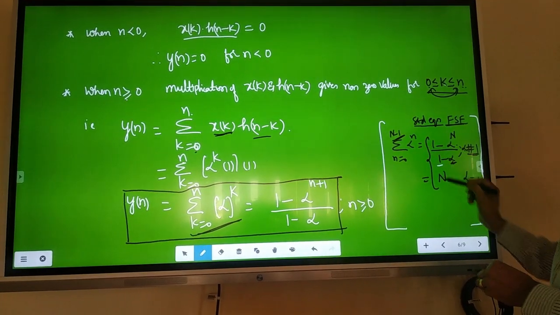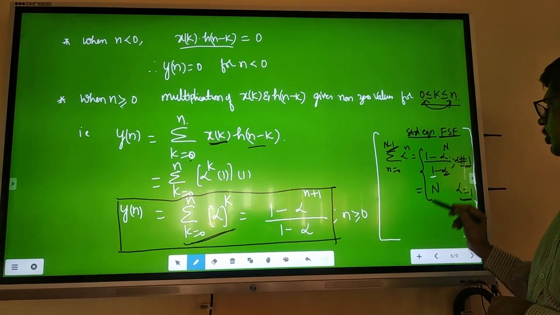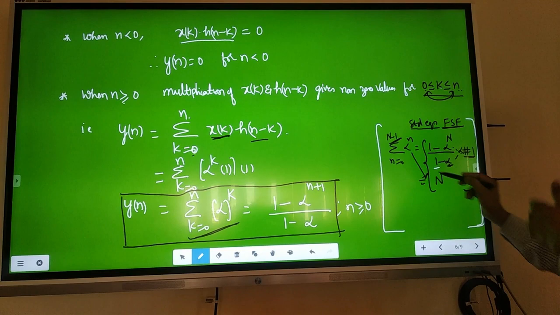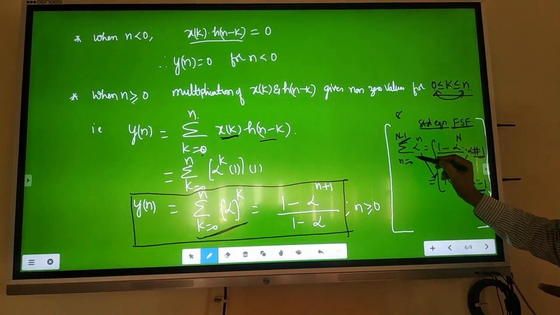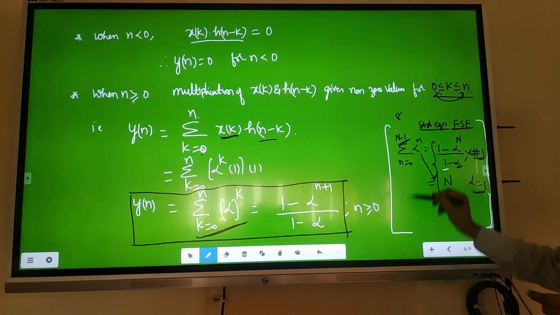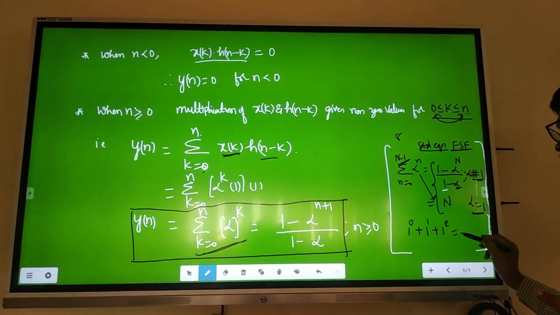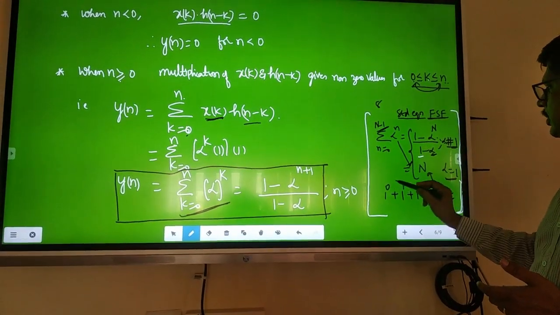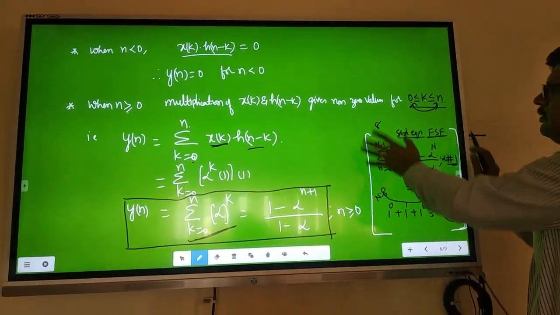If it is equal to 1, then there is one more formula: the summation from n equal to 0 to n minus 1 of alpha to the power n is nothing but n. You know this. Let's say alpha is 1, so 1 to the power n. Let's say n is 8. Then it goes from 0 to 7, so you have to do 1 to the power 0, 1 to the power 1, 1 to the power 2, up to 1 to the power 7, which is equal to 8. That's why it is n. If you consider n as 8, you will get 8.